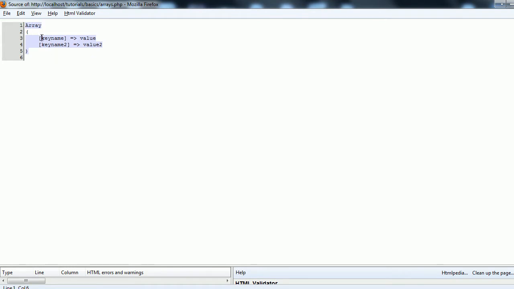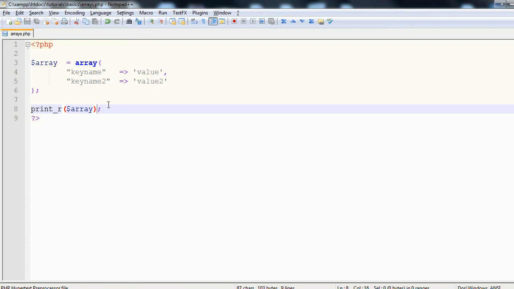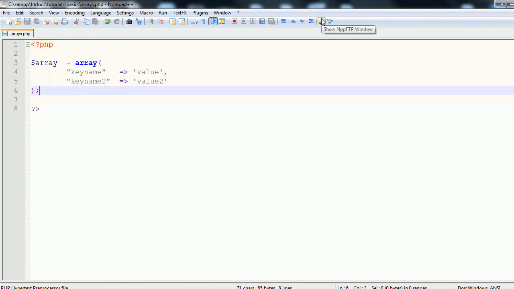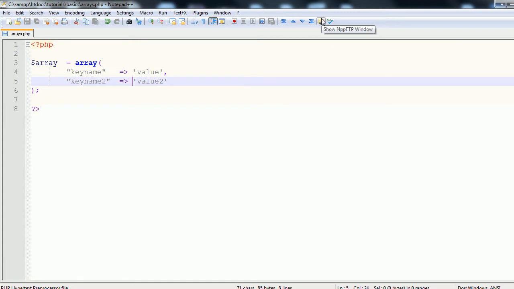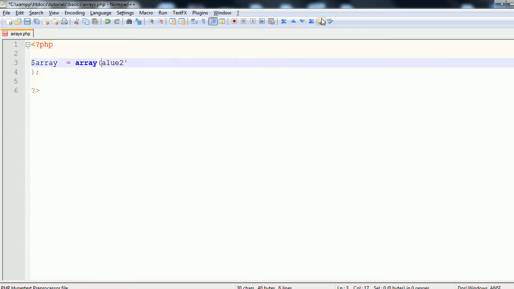So we can say that it's an array. The first key is key name and has a value of value. The second key is key name 2, has a value of value 2. And so that's a lot more usable. So print_r outputs the entire array. So that's the first way to define an array, and that's where you define the key name as well as the value. The next way to do it is very similar, only you let PHP